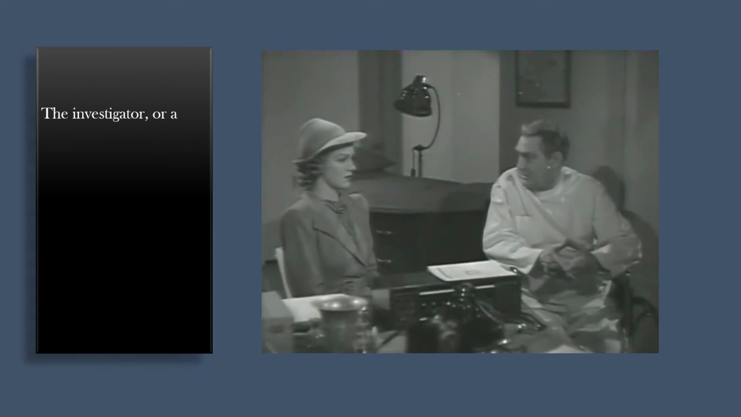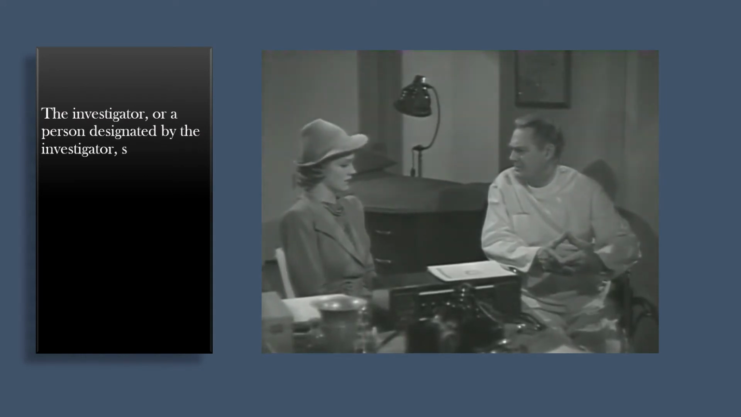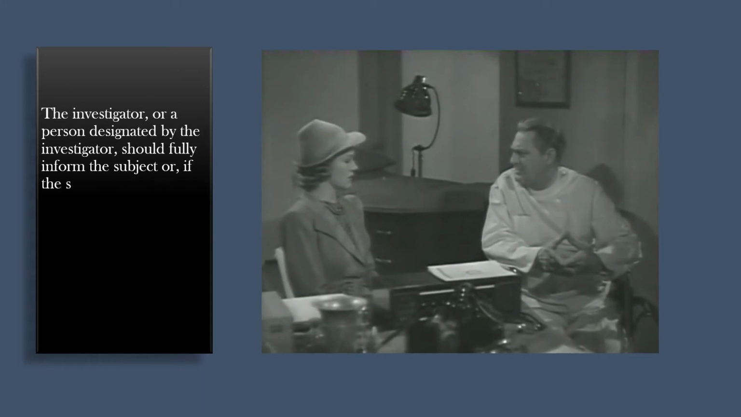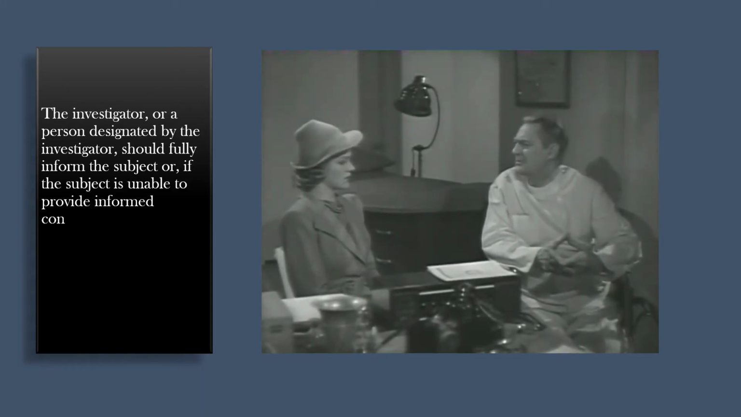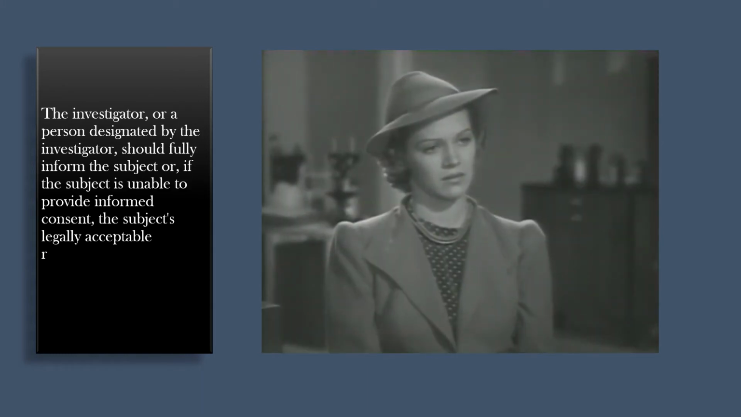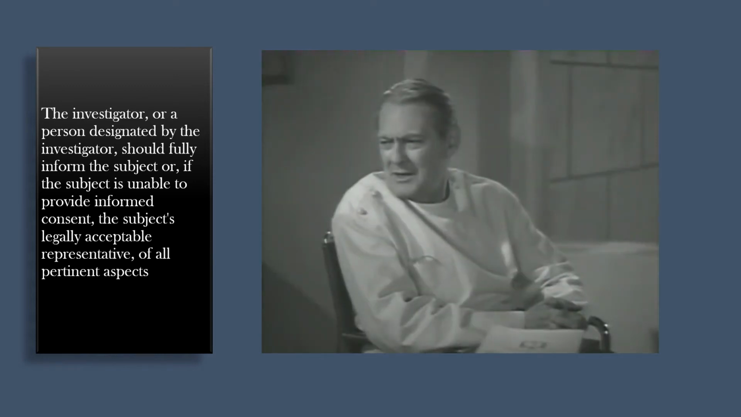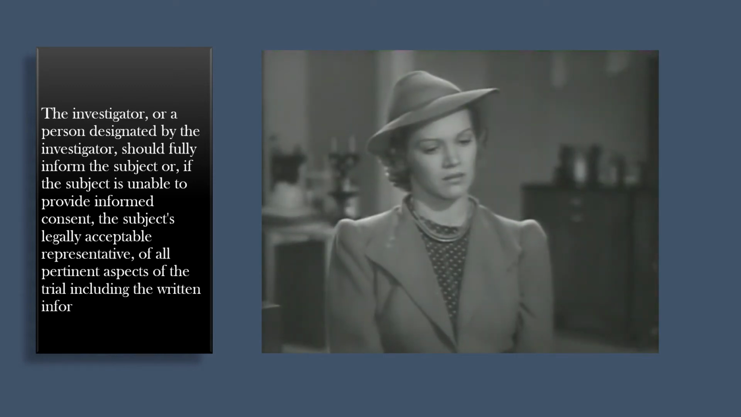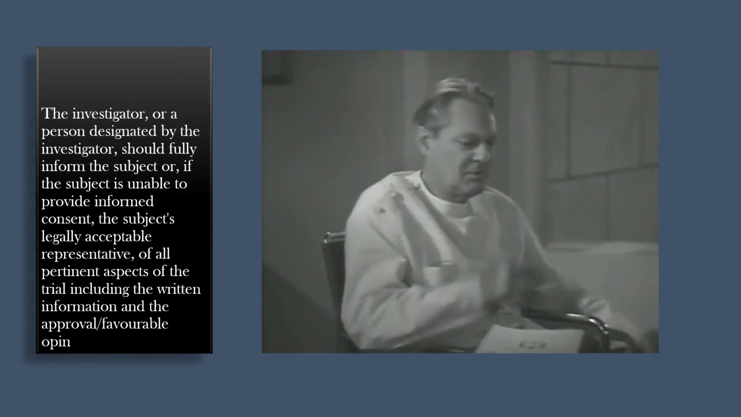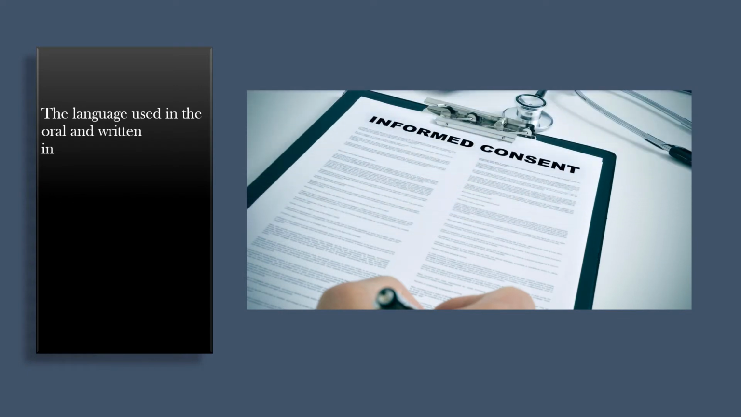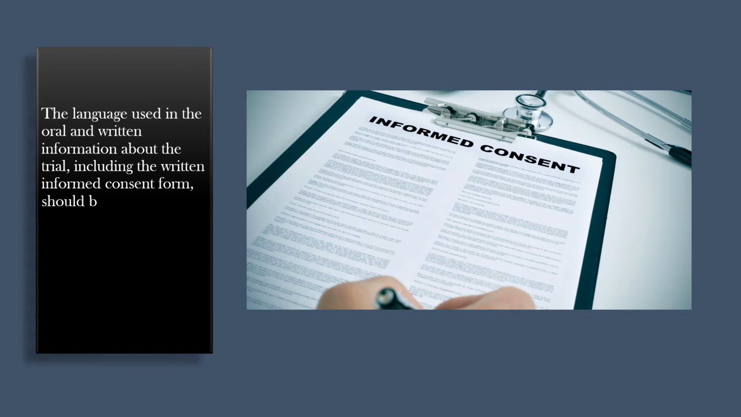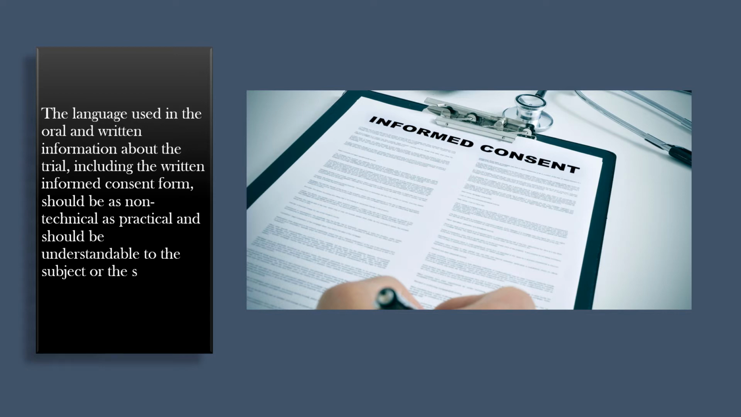The investigator, or a person designated by the investigator, should fully inform the subject or, if the subject is unable to provide informed consent, the subject's legally acceptable representative, of all pertinent aspects of the trial including the written information and the approval or favorable opinion by the IRB, IEC. The language used, in the oral and written information about the trial, including the written informed consent form, should be as non-technical as practical, and should be understandable to the subject, or the subject's legally acceptable representative, and the impartial